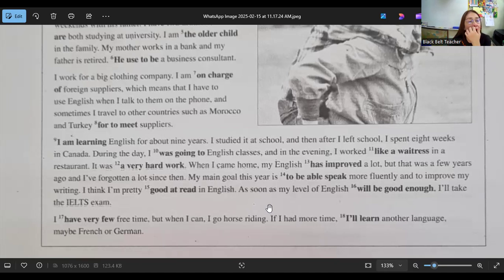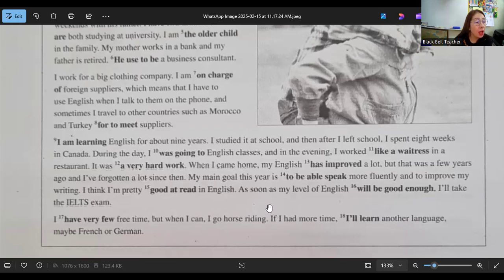And then after I left school, I spent 8 weeks in Canada. During the day, I went to English classes, and in the evening, I worked as a waitress in a restaurant. It was very hard work. When I came home, my English improved a lot, but that was a few years ago, and I've forgotten a